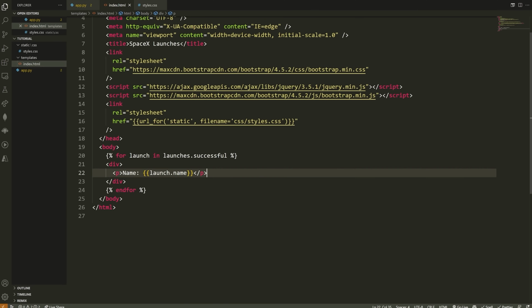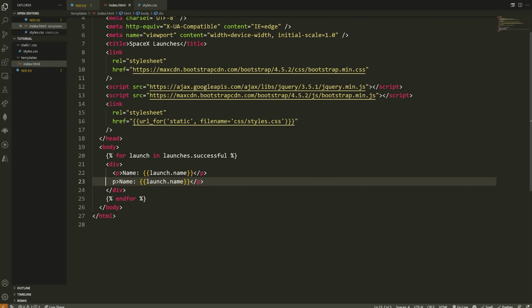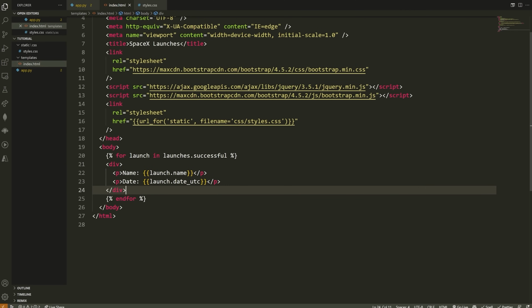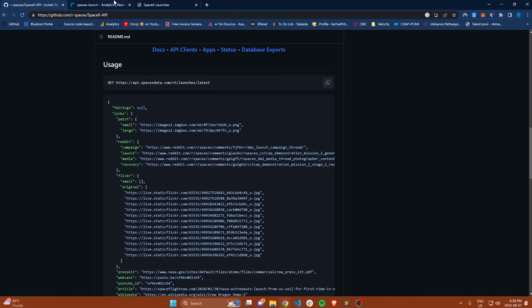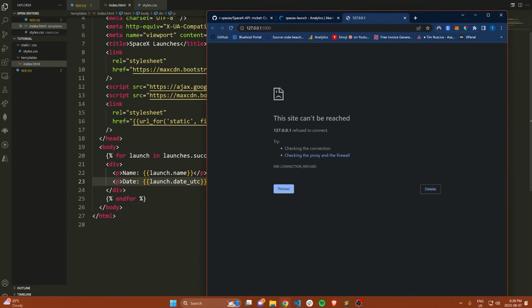Okay, we can also just do the date, just so we can see that. So we'll do date, and then this is going to be launch dot, and I believe this is date_utc. Okay, so let's just do this for now and see if that's actually going to work. Okay, so we have our for loop. We have a little div that we're rendering for each one of our launches, and then we're just displaying some information in paragraph tags. So if we go back here and we refresh now, oh, it looks like it's not